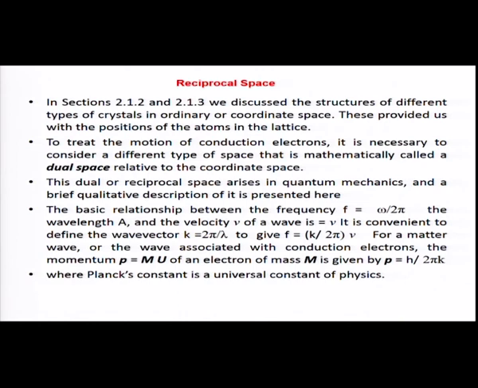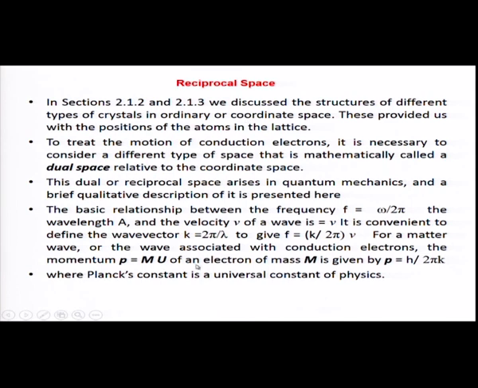Let us now turn our attention to the reciprocal space lattice. In the previous section, we discussed the structures of different types of crystals, and therefore, to treat the motion of conduction electrons, it is necessary to consider a different type of space. This space is called the dual space or the reciprocal space. The other name for dual space is reciprocal space, and these spaces arise mainly in quantum mechanics,